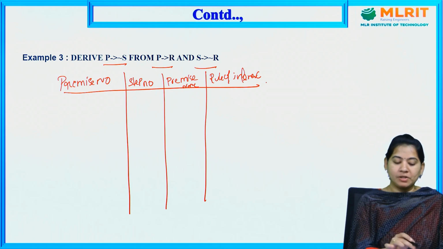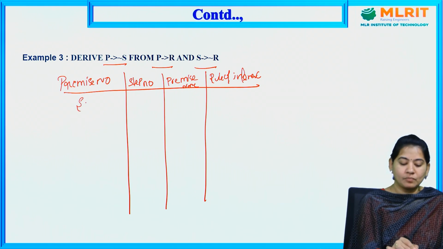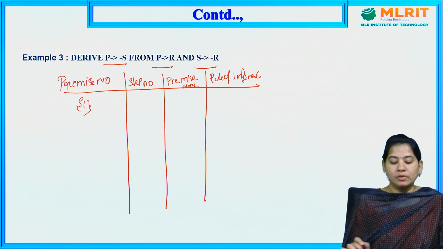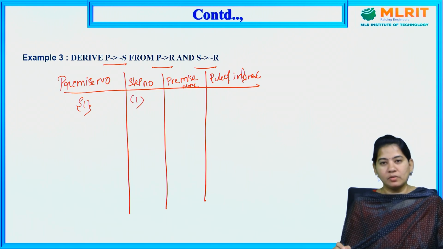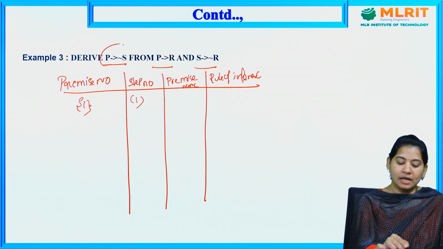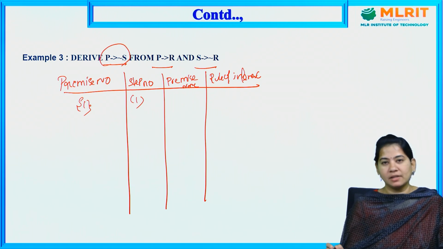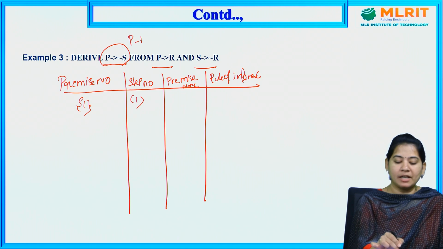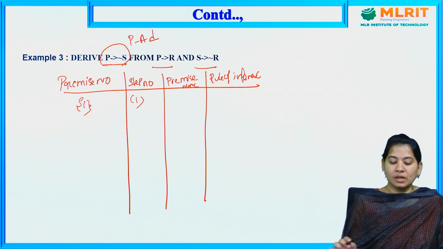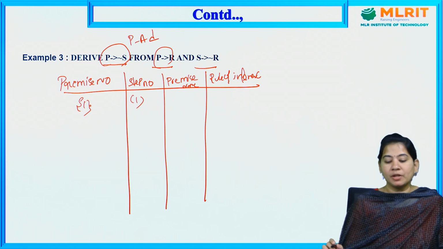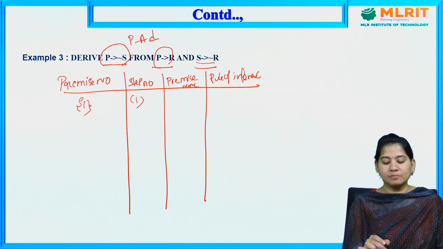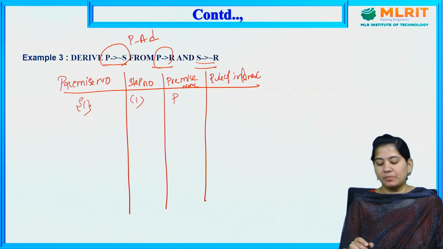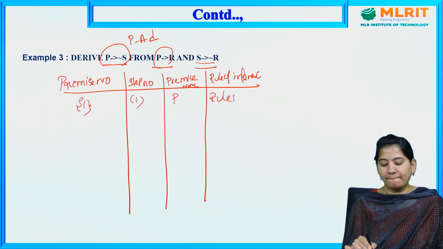So here if we observe, premise number is 1, and step number is 1 here. Now the premise name we have to include. So if we observe, this is the conclusion, P implies negation S. From this, P is the additional premise and the other premises are P implies R, S implies negation R. So let us take the first premise as the additional premise only, that is rule P, which is called the additional premise.